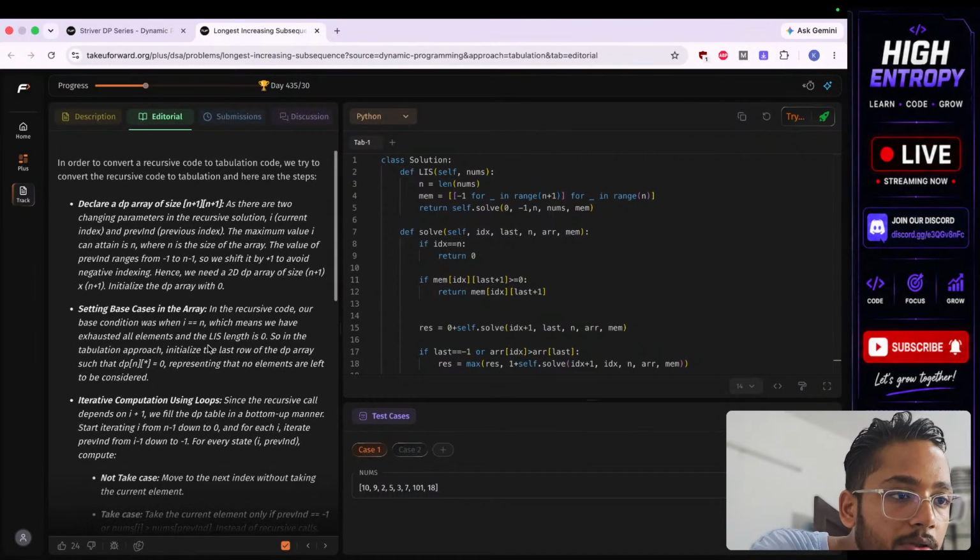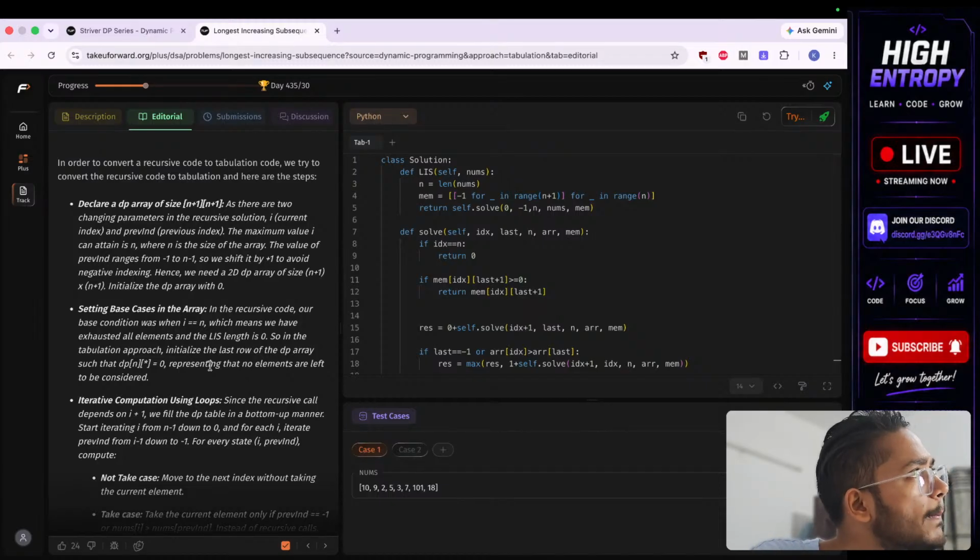Setting the base condition in the array. In the recursive code, our base condition was i equals n, which means we exhausted all the elements and the LIS is 0. So in the tabulation approach, initialize the last row of dp, dp of n and star, as 0, which represents that no elements are left to be considered. Iterative computation using loop. Since the recursive call depends on i plus 1,